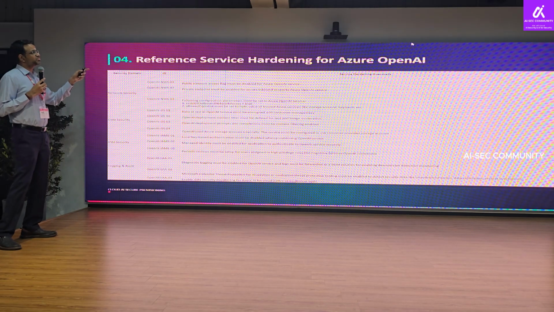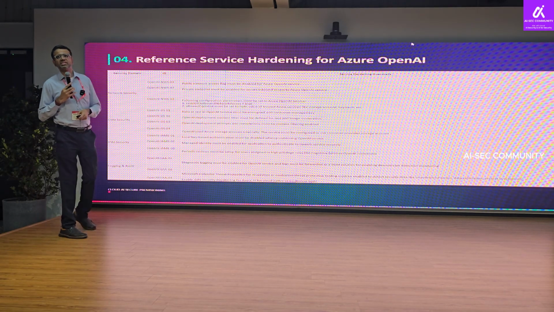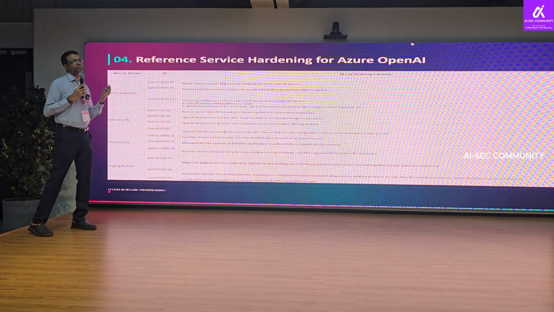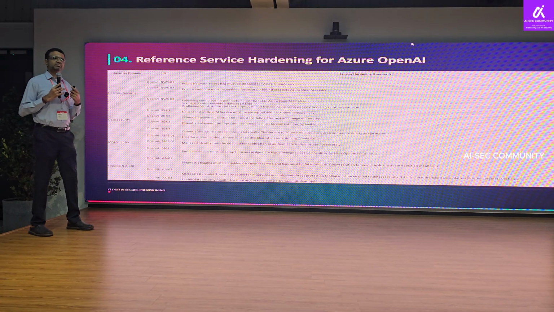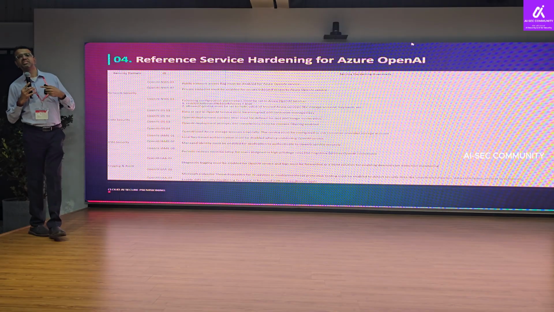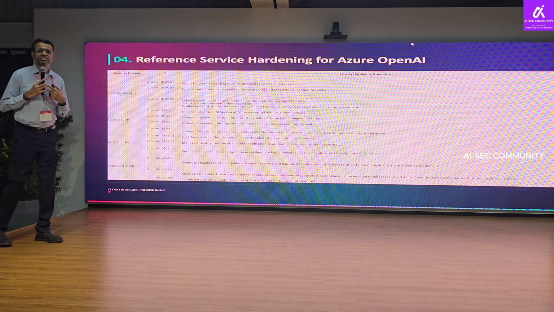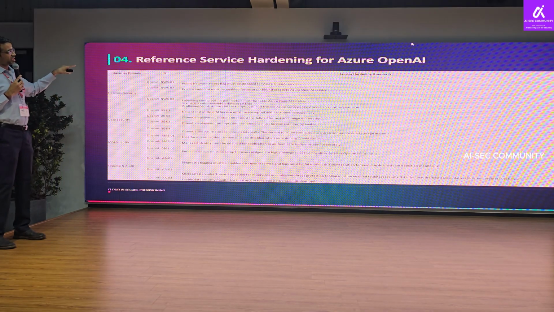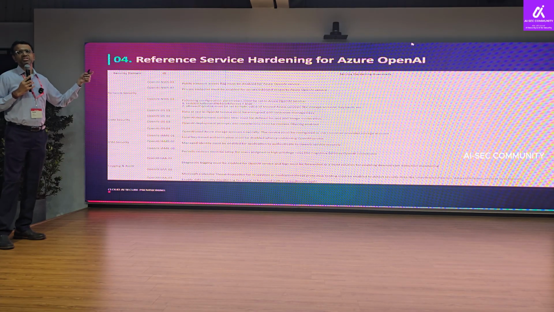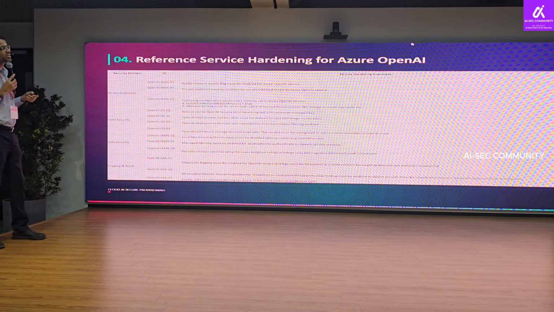This is the most critical piece that one can miss, especially in organizations where security is a separate organization and development is a separate organization. A developer might not have all the details of what is needed from a security perspective.